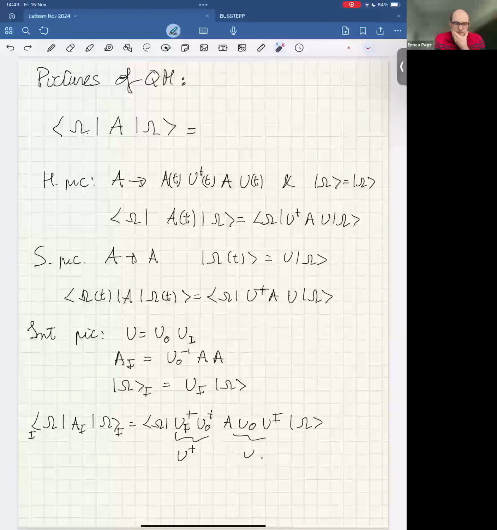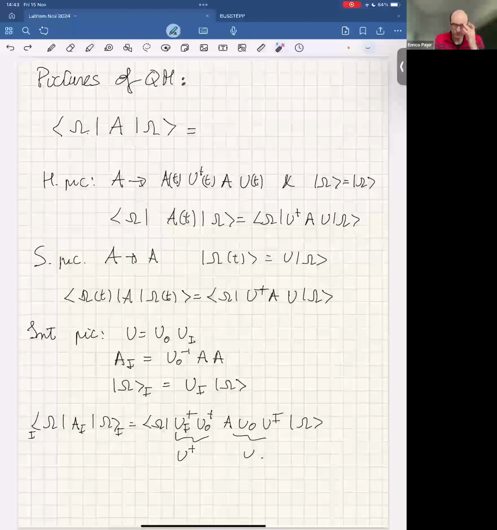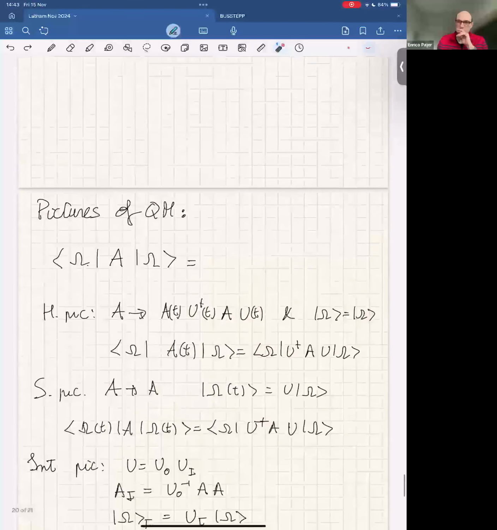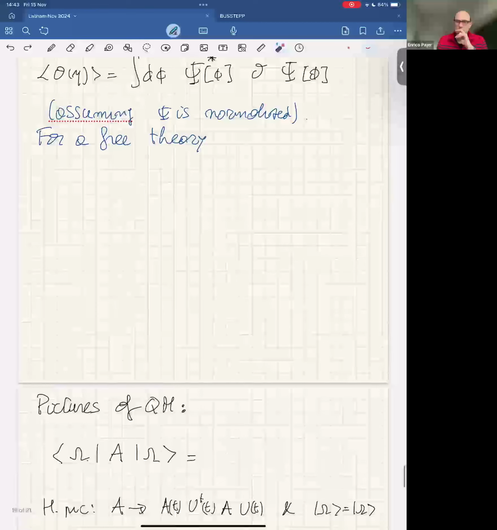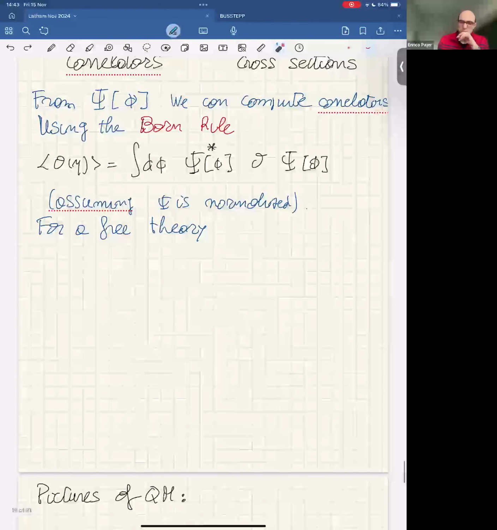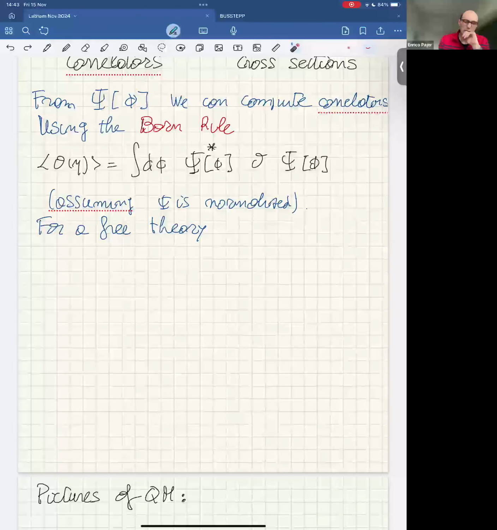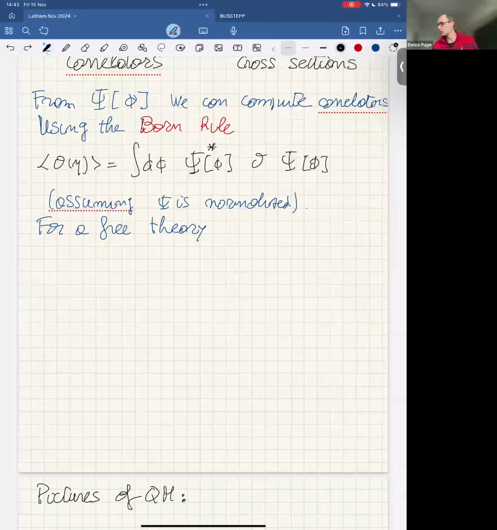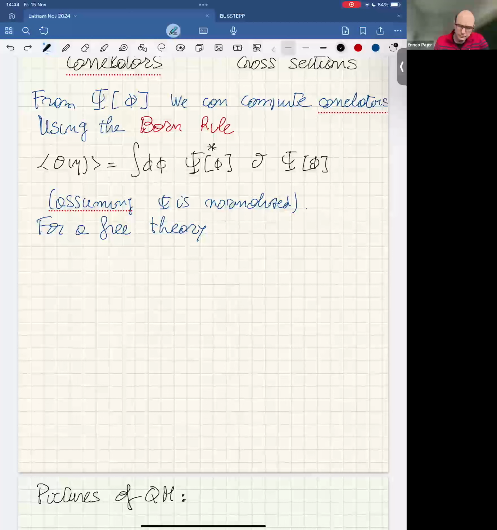Great, yeah. Any other question? Okay, no. So then maybe I'll go back to where we were, and we said, what is the wave function for a free theory? No, let me not tell you. Well, I'm going to compute it in a second, but I mentioned it last time, and I will prove it to you later on,